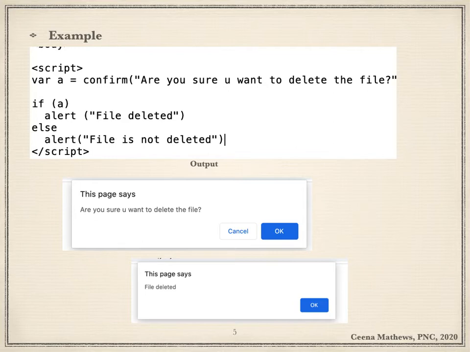If that is true, that is the value returned by the confirm box is true, in that case display the message file deleted. If I press cancel in the confirm box, it will return false, in which case it will display the alert message file is not deleted. Since I have pressed the OK button in this example, it is showing the message file deleted.